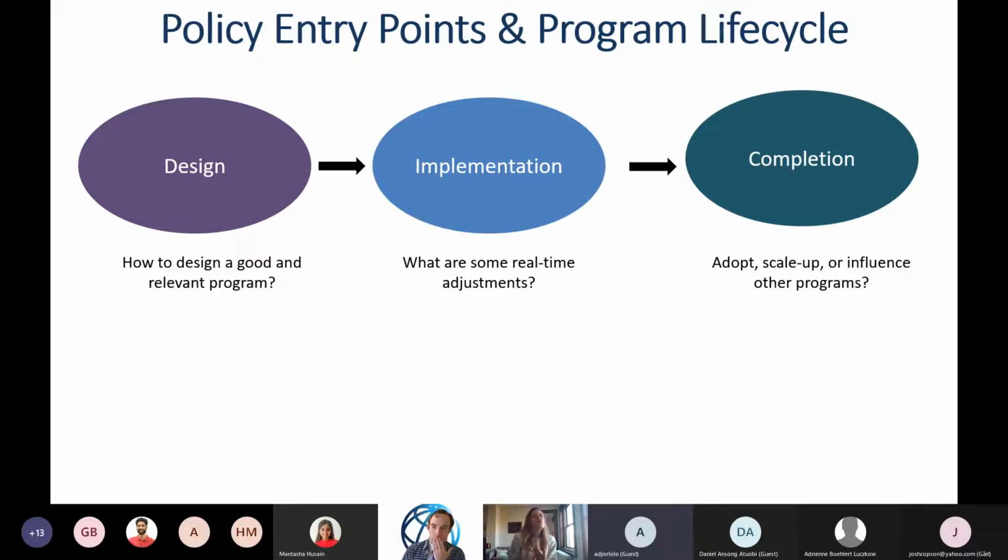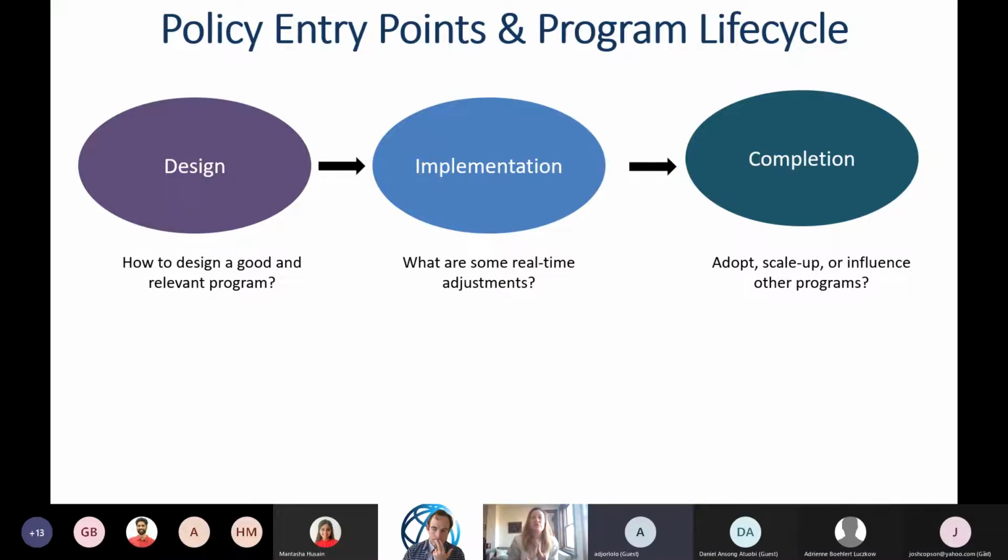And so what usually people would tend to do is that there's something being implemented, a program in a country, and then maybe someone at the World Bank from an independent evaluation group is going to call a main counterpart, a minister, someone that's been involved in the program, and say, hey, beyond the results of this program, did you think it was helpful? And then the person on the phone is going to say, yes, it was great. And then we tick a box and say, okay, perfect. We influenced things. We did a great job. But this is kind of more of a case study type thing, right?